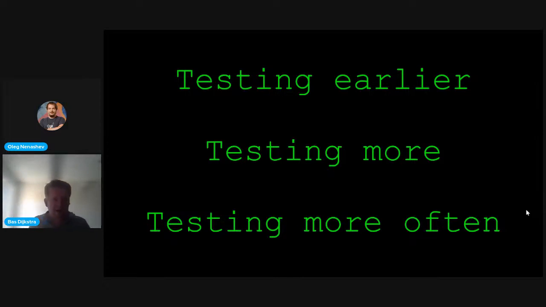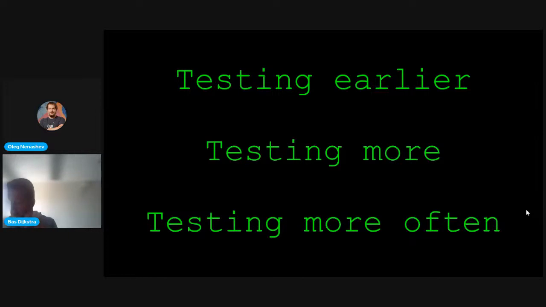Testing more is probably my main use case for using mocks or stubs or service virtualization. It allows me to test those cases that are really hard, if not impossible, to simulate with actual systems.